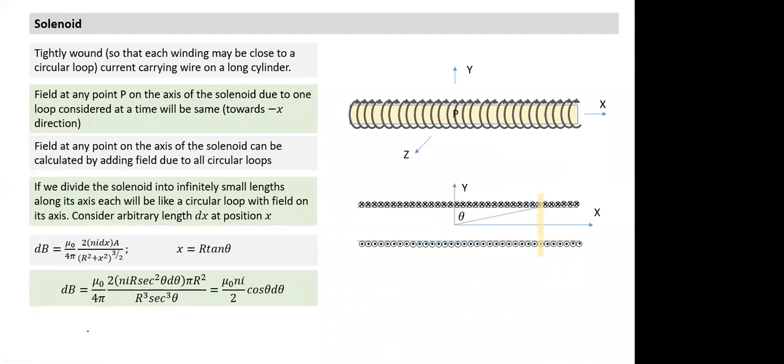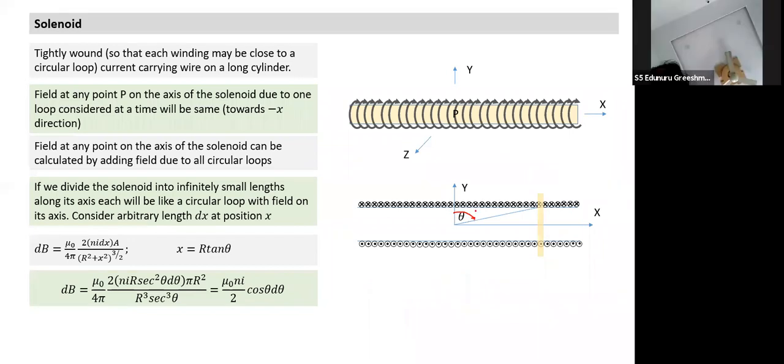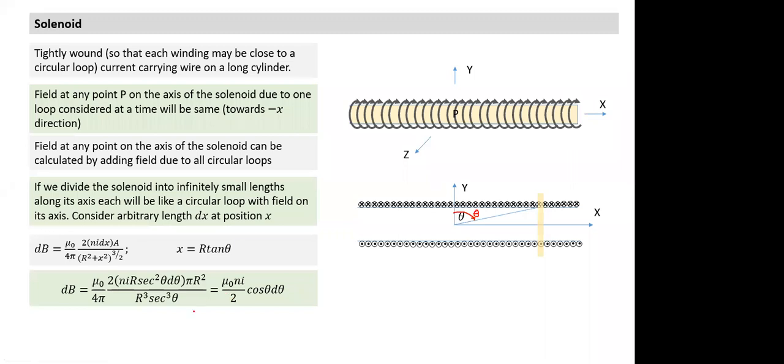So this is dB, but I have to find the resultant B. I have defined this in terms of the angle theta. What are the limits I should substitute here? Tejas, can you tell me how you find which limit I should substitute? Sir, should it be theta to 180 plus, so that the other side is also covered?